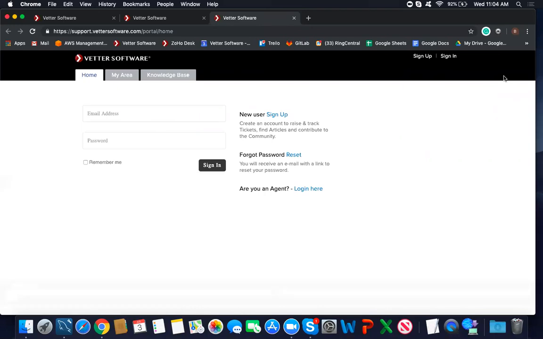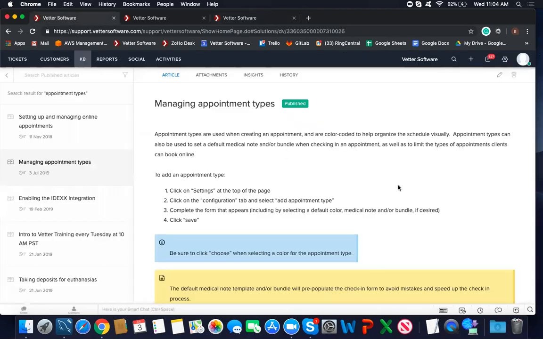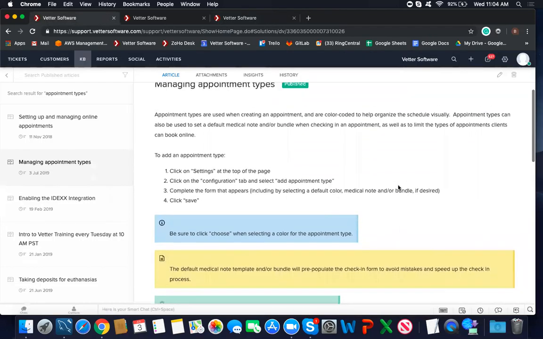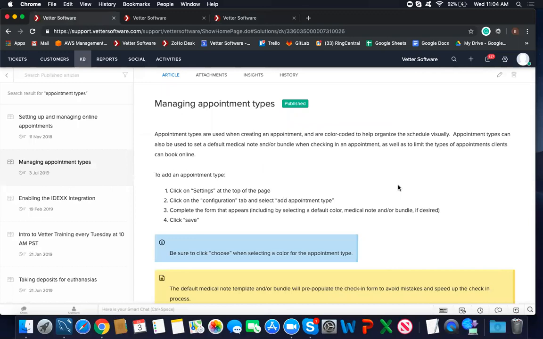And now just take note that you're going to need to actually sign up for the help desk. It's not going to use the same Better email and password that you use to log into Better. You'll actually have to sign up if you haven't done that so far. And so anyways, once you get into the knowledge base, you're going to have access to articles. And this article right here basically highlights